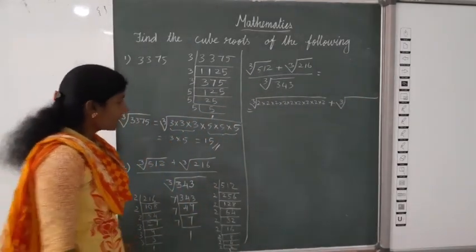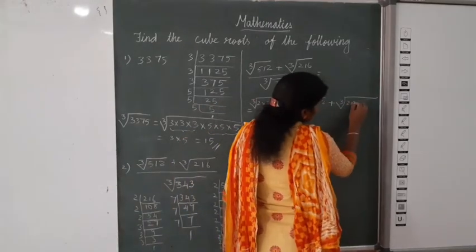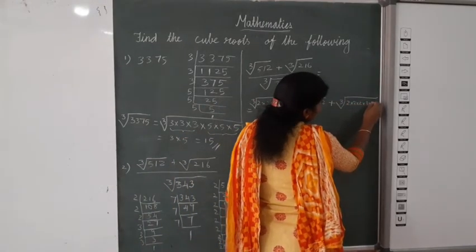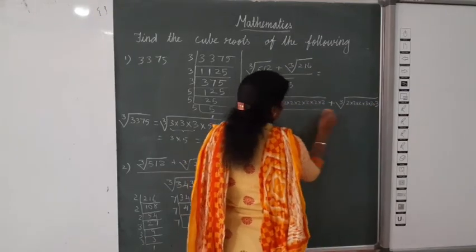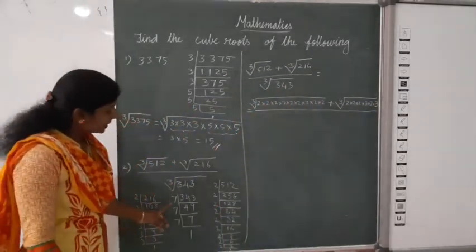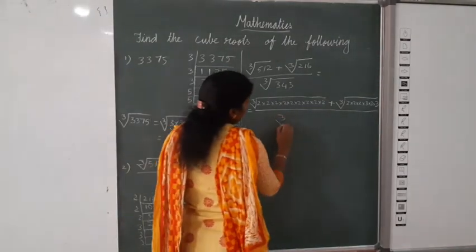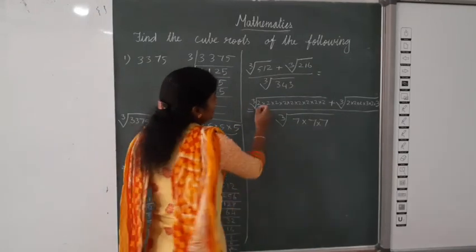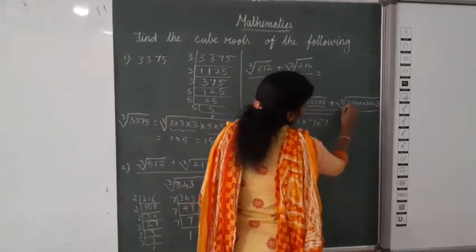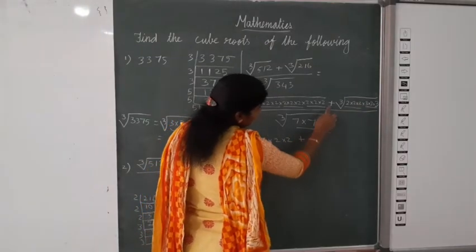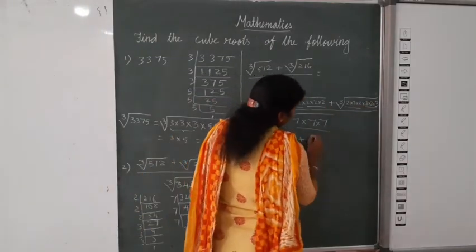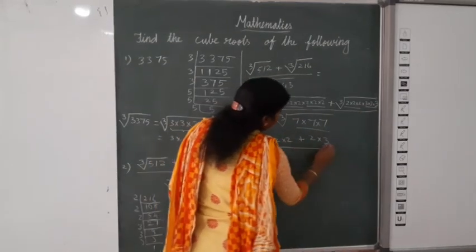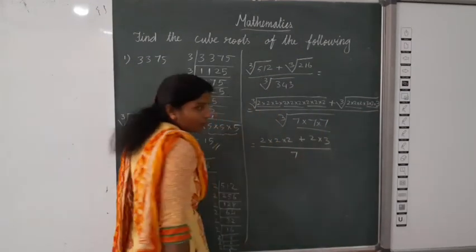1, 2, 3 times 2, 3 times 3. So 2 into 2 into 2, then 3 into 3 into 3 divided by 343. 3 times 7. So cube root of 7 into 7 into 7. Now we can take 3 in 1 outside. 3 times 2, 3 times 3. Here 2, 2, 3 times 2 we can take outside: 2 into 2 into 2. Plus, here we have plus, then 2 into 3 divided by 7, 3 times 7. So we can take 1 in 1 time.